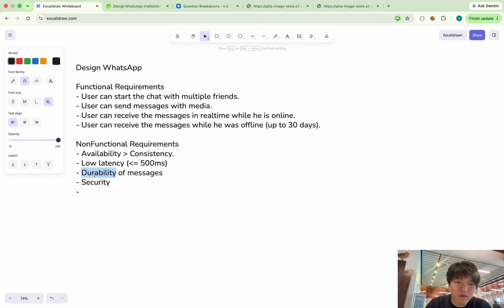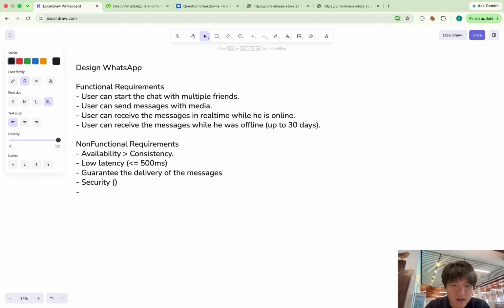Okay, let me add it instead of durability. I will add this one because they're very important.